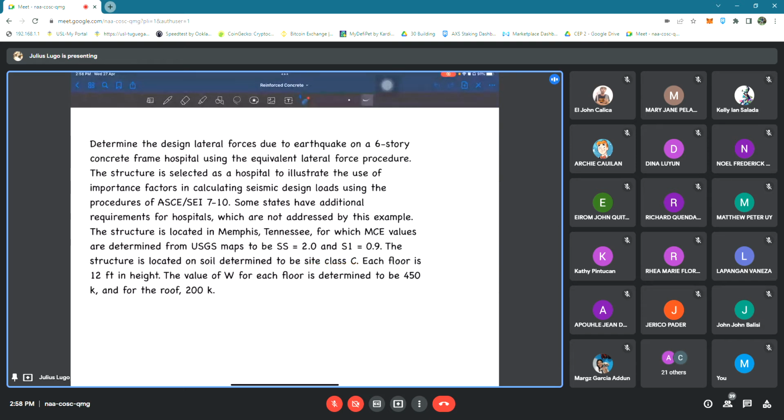Each floor is 12 feet in height, and the value of W for each floor is determined to be 450 kilopounds, and for the roof 200 kilopounds. Okay, so let's list